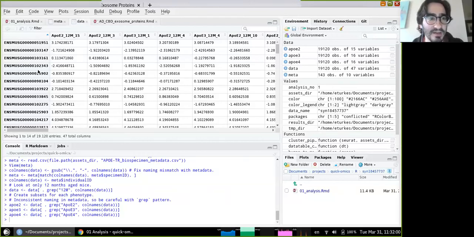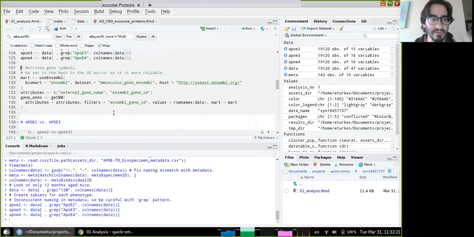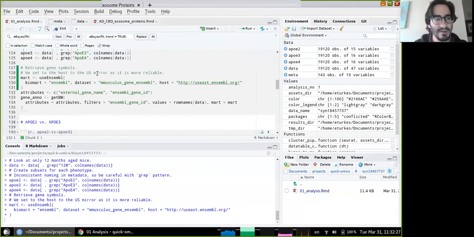Every gene has a unique Ensembl ID, but a gene could have multiple gene symbols. So these have a superiority as far as a one-to-one match, but it's helpful to convert them for the purposes of if the human's gonna look at the data in the end. So